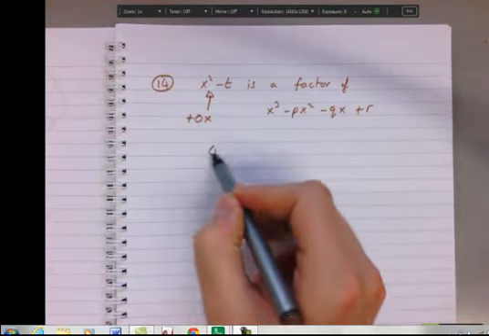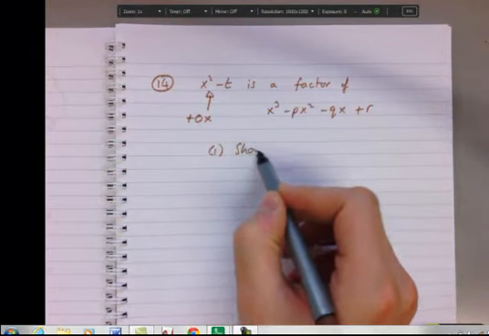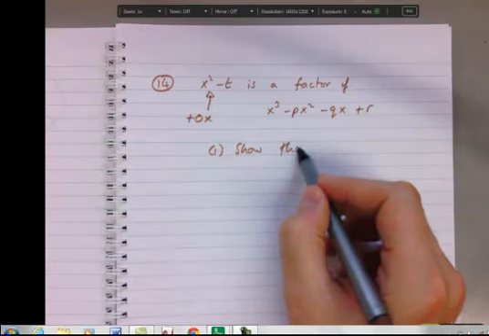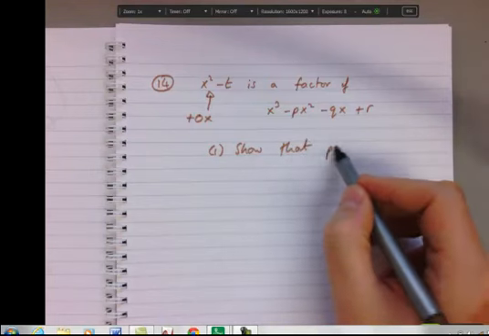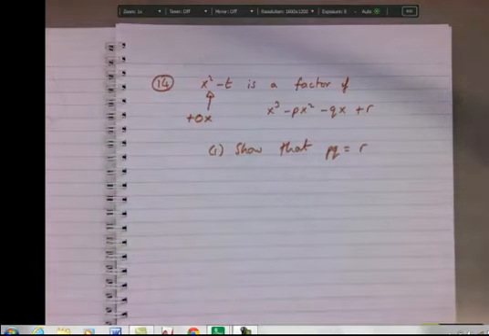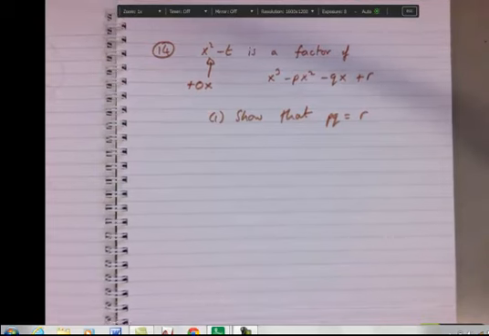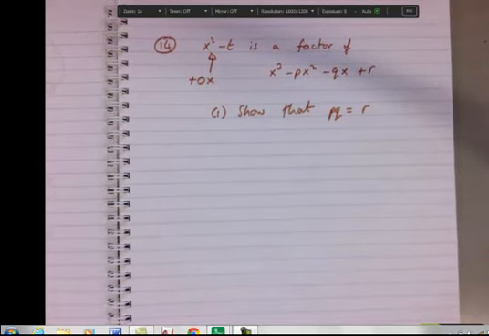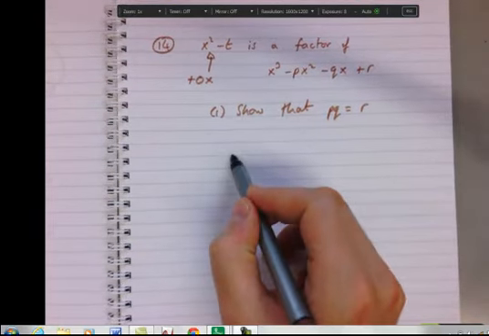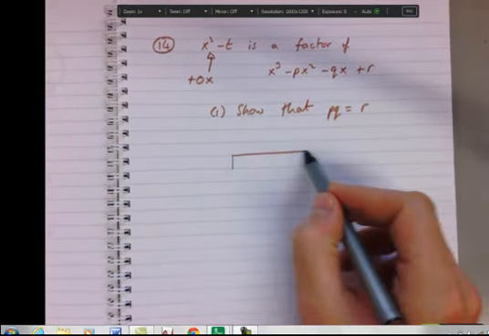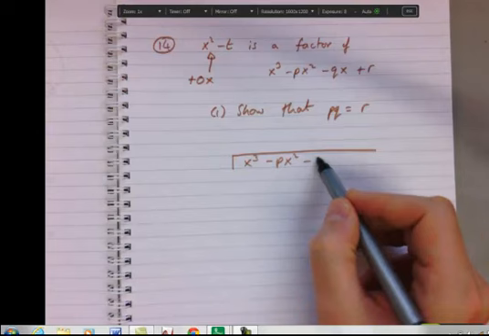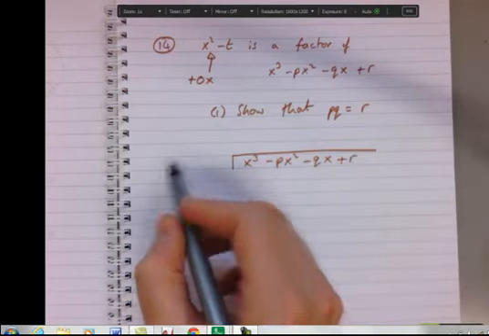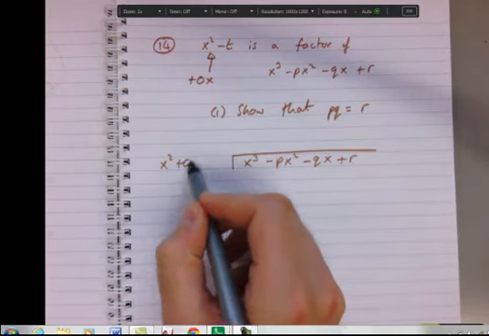First part of the question says show that pq is equal to r. I'm not going to get too fussed about what I want to show just for the moment. I think let's just try and get the division done and see where it takes us. So x cubed minus px squared minus qx plus r, and I'm going to divide in x squared plus 0x minus